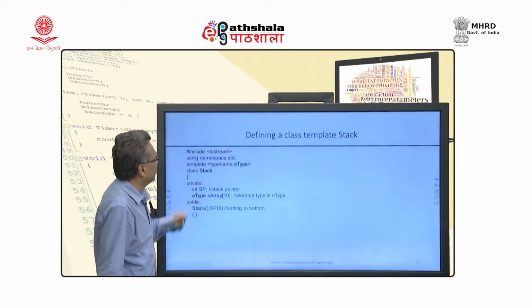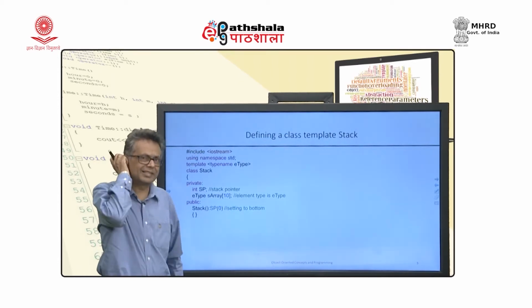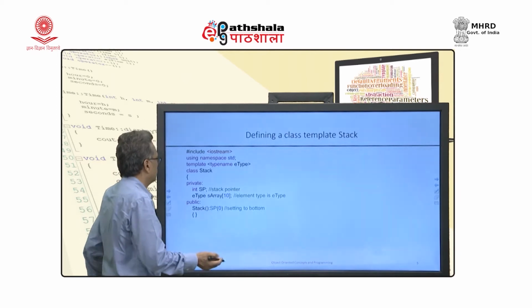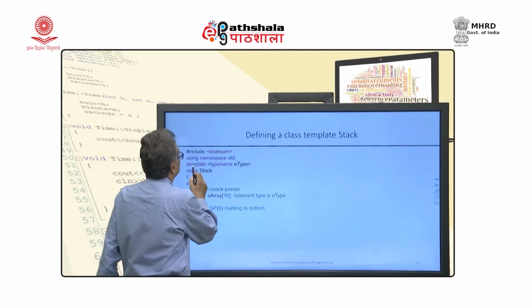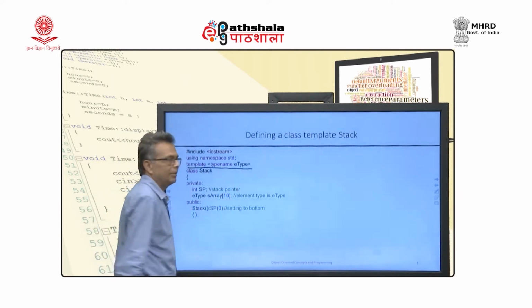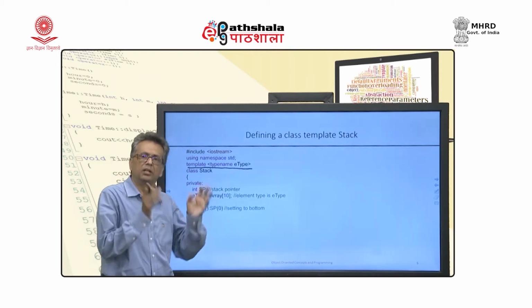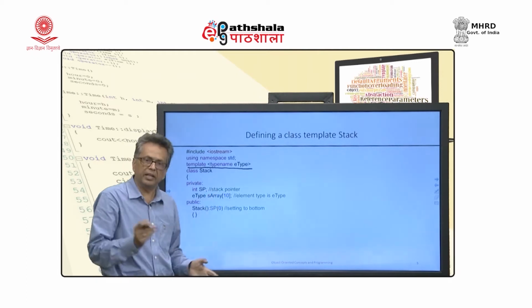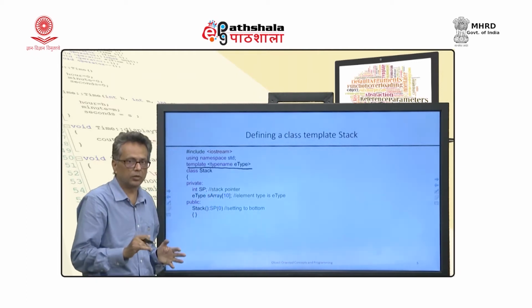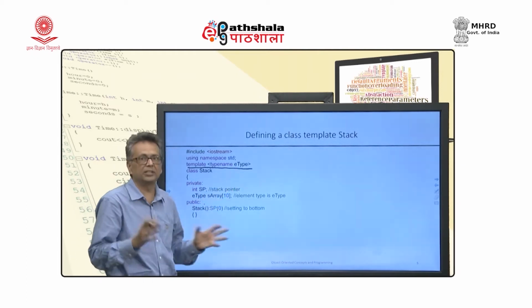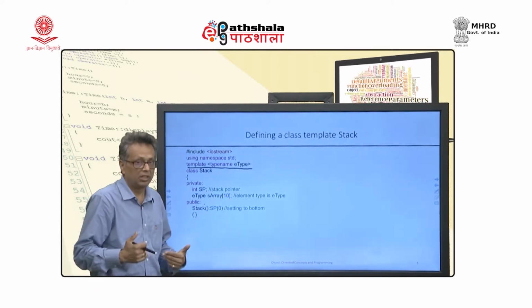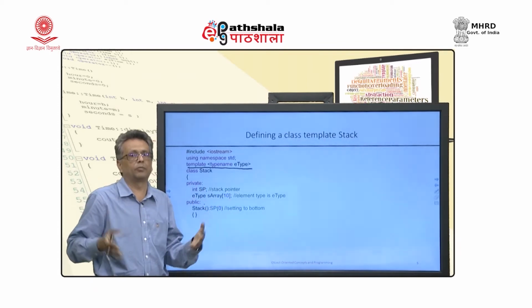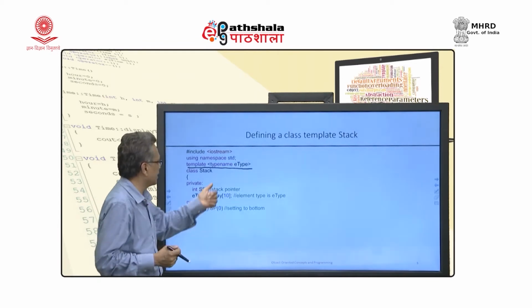Okay. So, how do you define a stack class? You can see this template typename e type. Now, that is something which you have already seen in function templates, and it exists here also. We are defining a generic type. We are telling that e type is the name of a type that I am going to use in the subsequent design of my class stack.